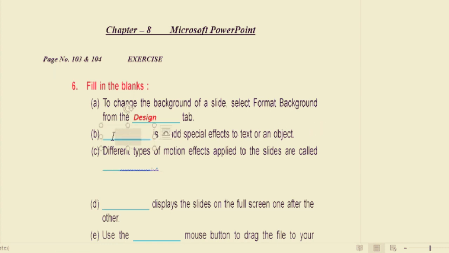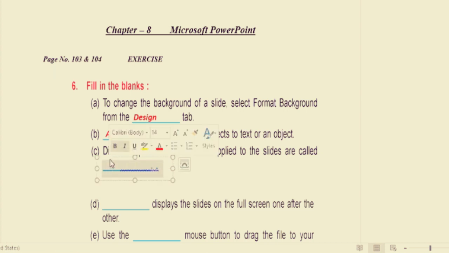Then after, the second one: add a special effect to text or an object. Yes, it will be animating. And then after, the different types of motion effect applied to the slide are called what?